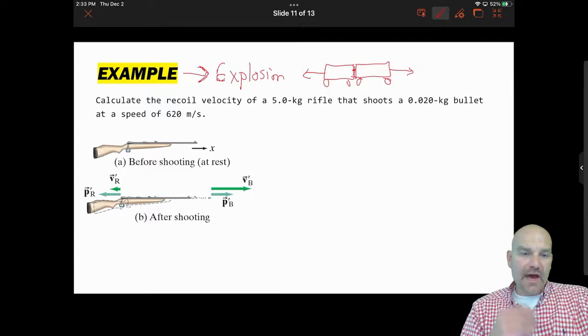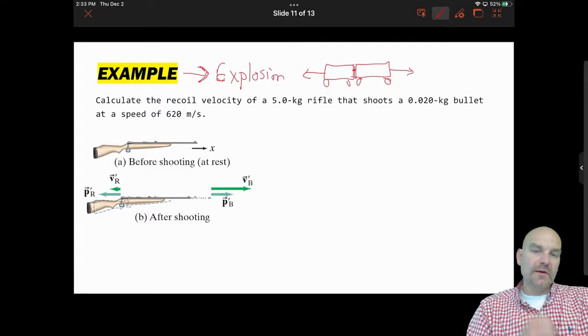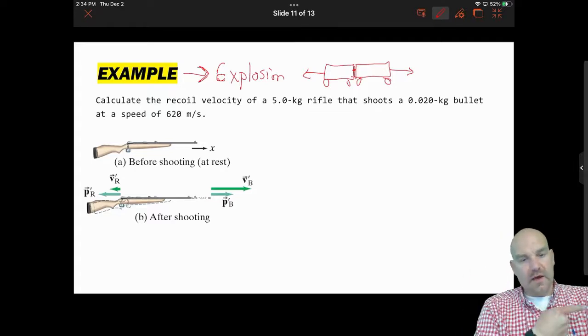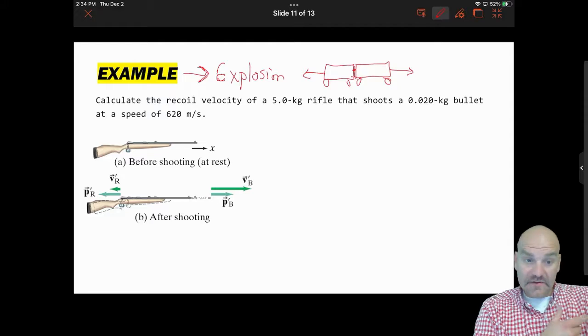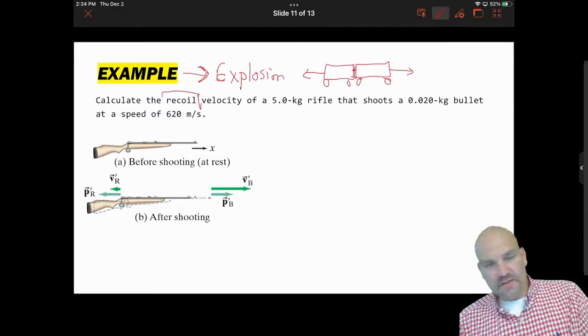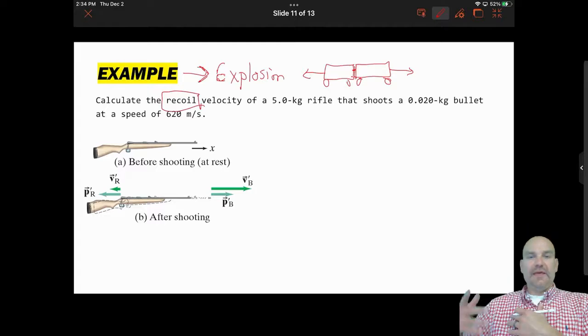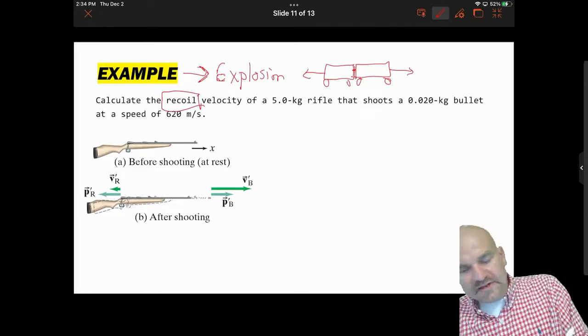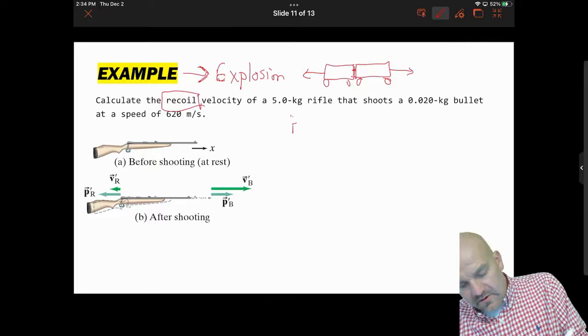We just know that whatever we're looking for, we're probably going to get a negative speed, a negative velocity, because one's going to go one way. Like in this case, the bullet's going to go one way. The rifle's going to go the opposite direction. This is recoil. This is the reason why when you shoot a gun, it kicks back. Okay. And so again, I start with P before